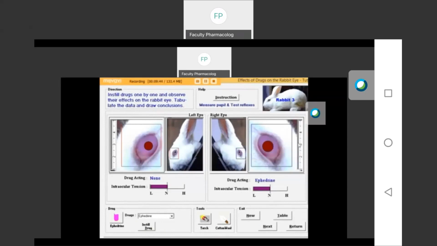So the pupillary size is 8.5 mm. Note it down in your table. Then see the intraocular pressure. So there is no change in intraocular pressure with epinephrine. Then check for the corneal reflex. It is absent in the right eye.